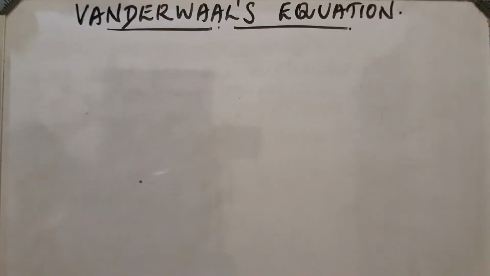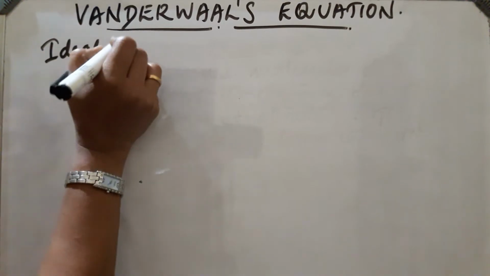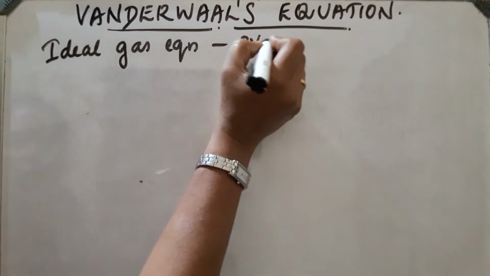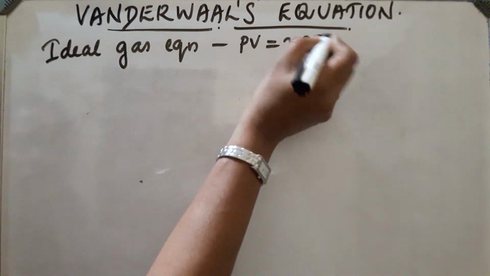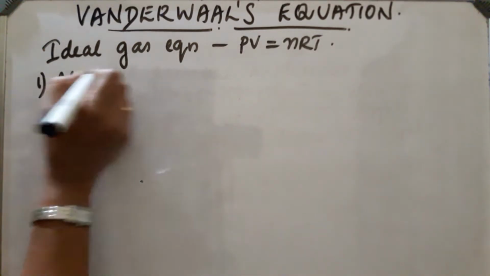Van der Waals equation. We know the ideal gas equation is PV = nRT. This equation is applicable only for ideal gases. So, a modification of this ideal gas equation is made by Van der Waals to make it applicable for all gases. Okay, so at high pressure,